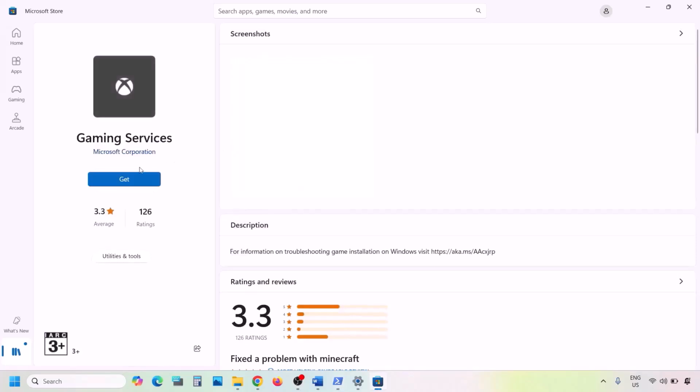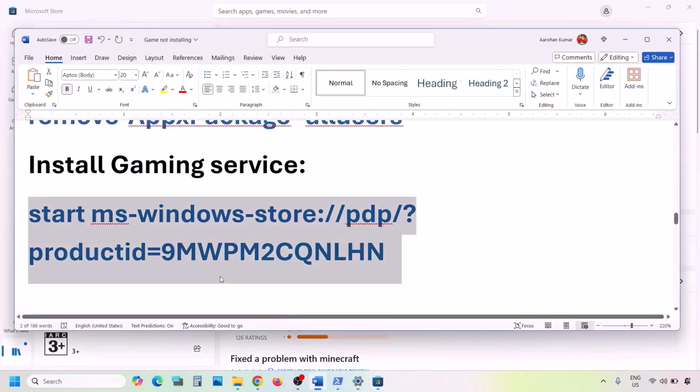This will open Microsoft Store and you will see the install button or get button to install gaming services. Click on get or install and then click on yes to allow and then let the download complete. Now once the download is complete, you can check. If you're still facing the problem,